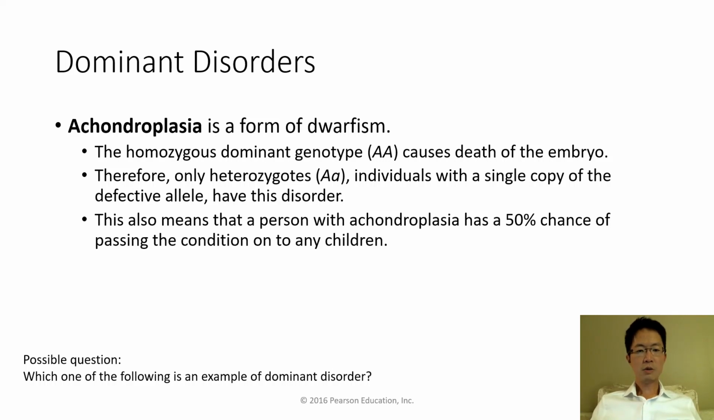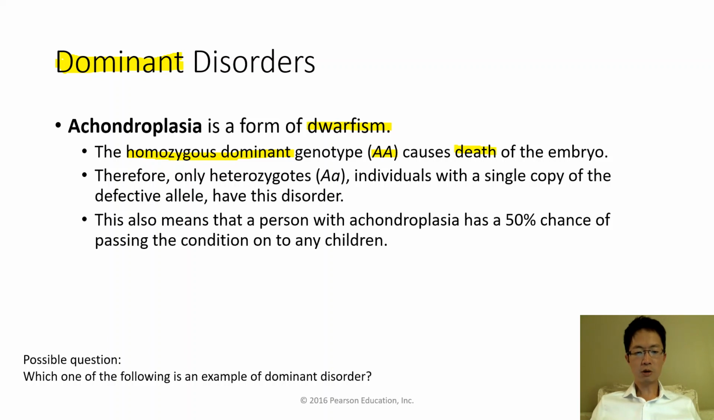So then we'll look at another disorder called achondroplasia. Achondroplasia is a dominant disorder, meaning that it is a dominant allele that causes this disorder. It's a form of dwarfism. So if a person has the homozygous dominant genotype, big A big A, it will cause the death of the embryo in